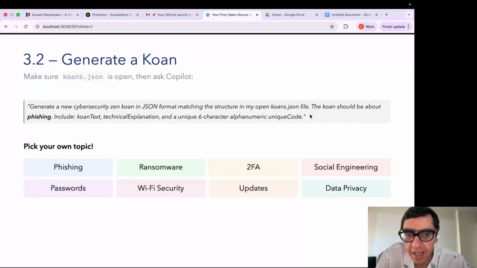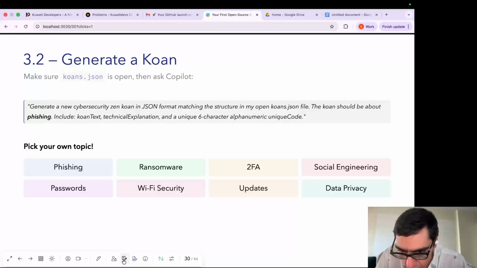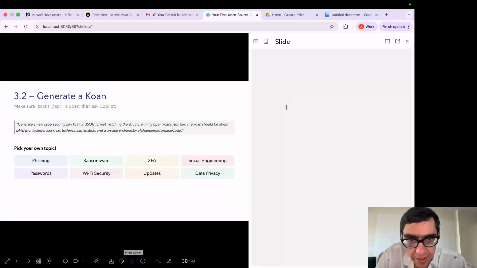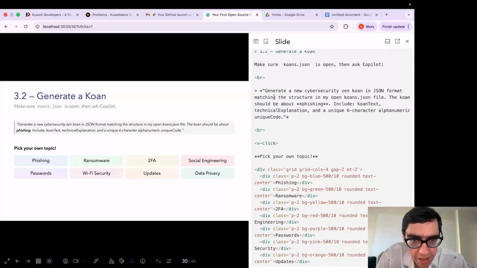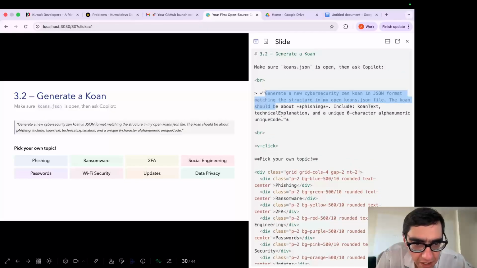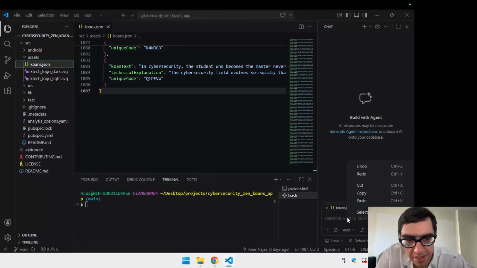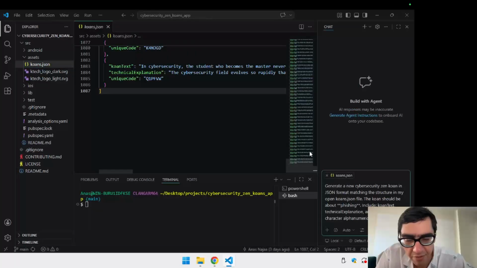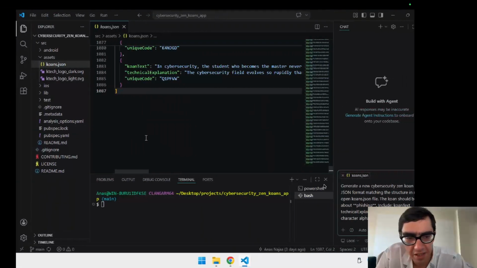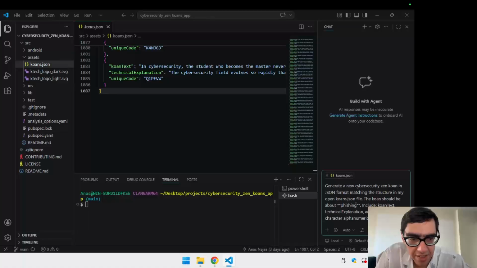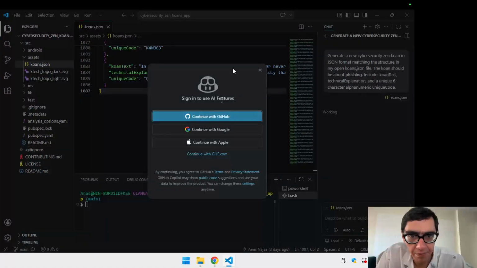Again, prompting the AI does not mean that you stick to this koan, okay? Just ignore this part because I need to copy paste. I can't copy paste the code. Okay. So you can copy paste this prompt from the slides, and that's it really. Just press enter. Now I think